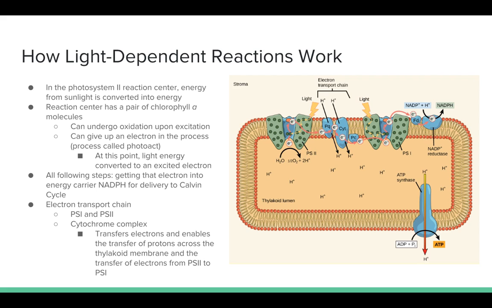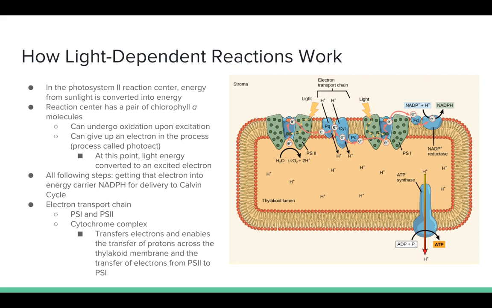In the photosystem 2 reaction center, energy from sunlight is converted into energy. The reaction center has a pair of chlorophyll A molecules, and they can undergo oxidation upon excitation. And at this point, light energy is converted into an excited electron. And then all of the following steps from here are getting that electron into the energy carrier NADPH for delivery